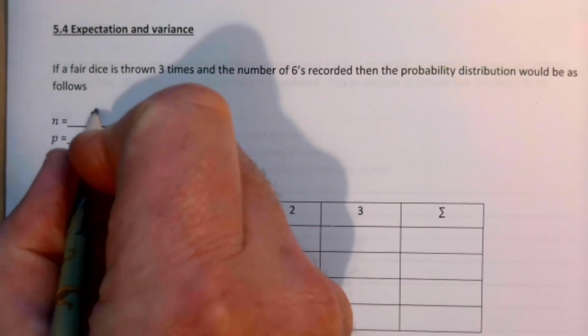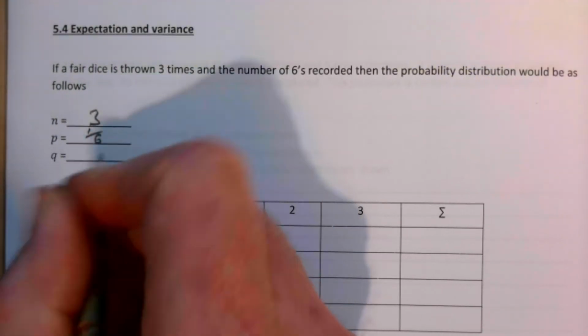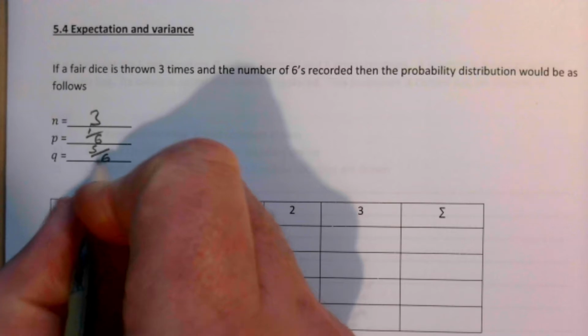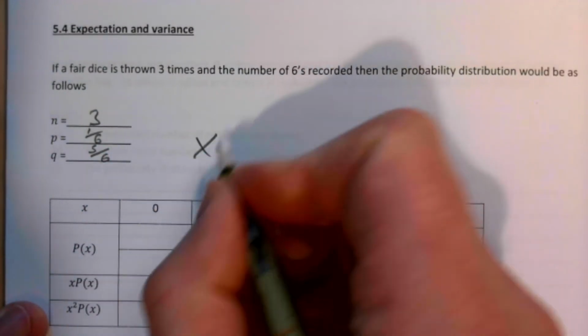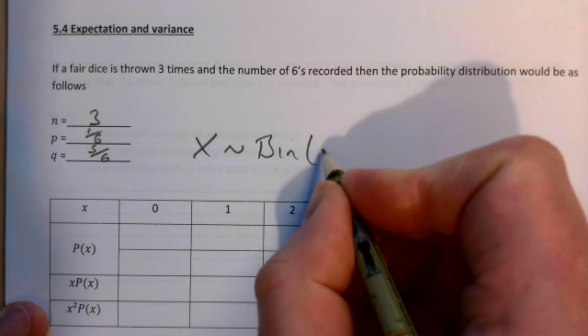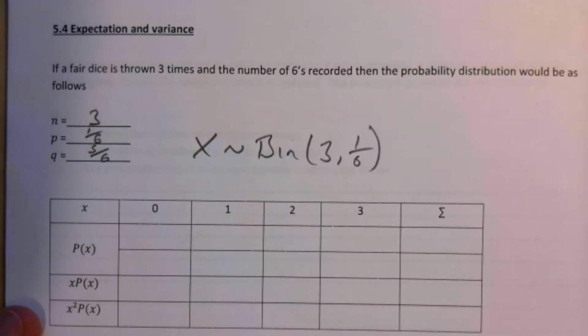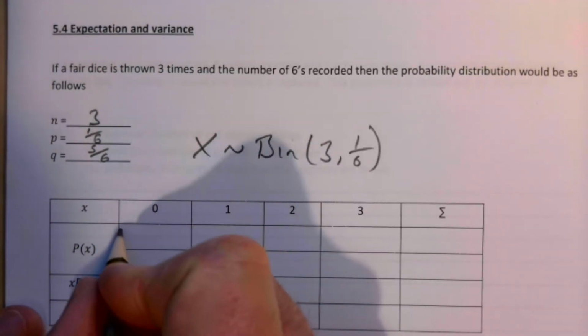Obviously our n here is 3. Our probability of a 6 is 1/6, and the probability then of q is going to be 5/6. If you want, random variable X follows the binomial distribution with n and p, which is 3 and 1/6. Working this out, you would have